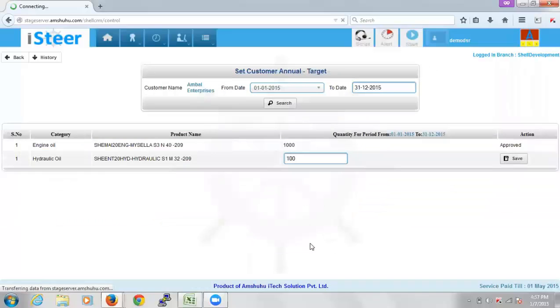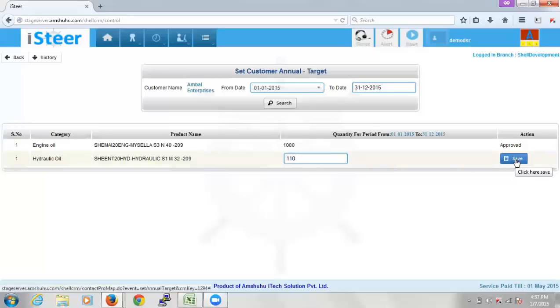So when I click on set annual target, the hydraulic oil is the category that we added right now. And then you can edit this quantity in case you decide to increase or decrease the amount, and you can click on save.